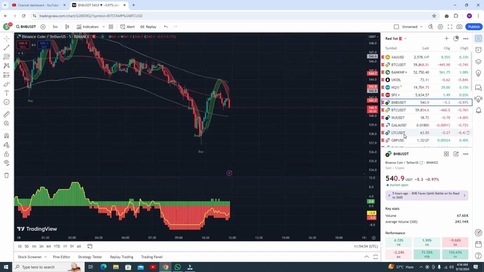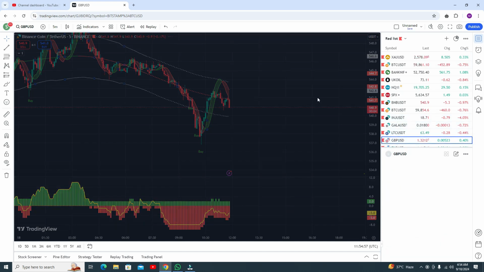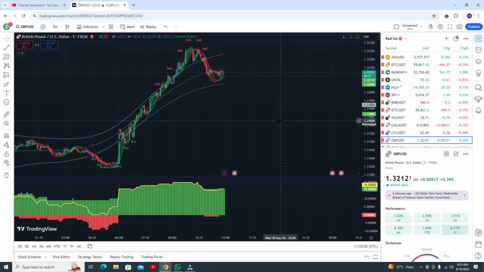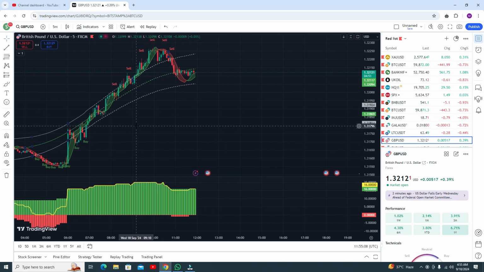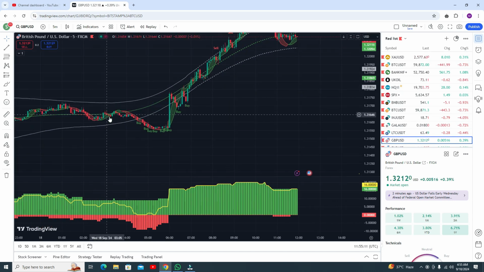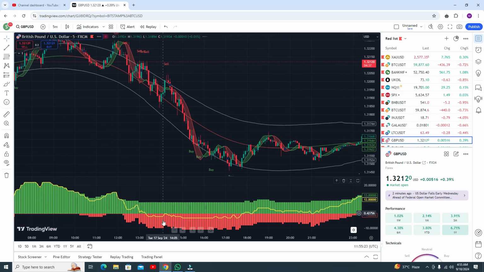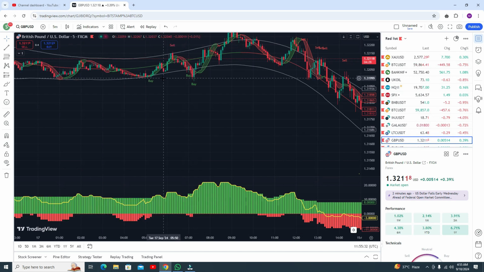Let me show results in some forex pairs, like GBP USD, because this indicator works on all pairs. You can use this in crypto pairs, forex, indices, Indian markets. You can use it in all pairs. You can even use this indicator in stocks as well. I do not need to tell you everything, but you need to watch it with your own eyes. You can see this was your sell entry from this point, and it was perfect. This was your buy entry, this was your buy entry, and both trades are profitable.